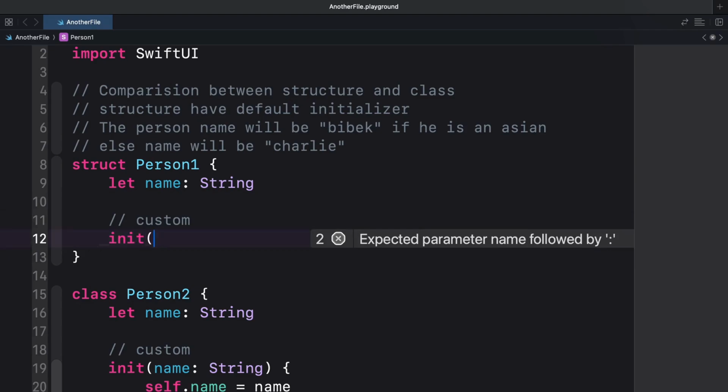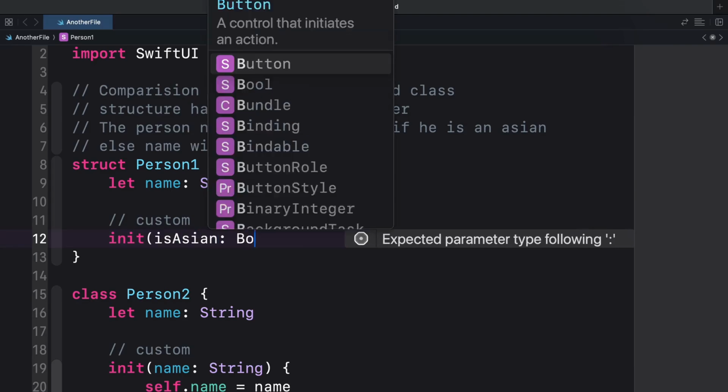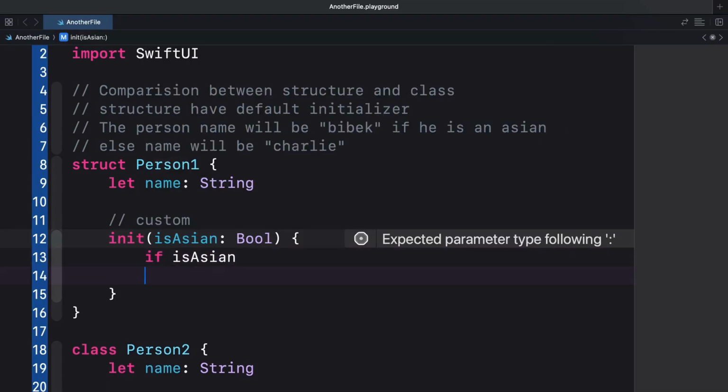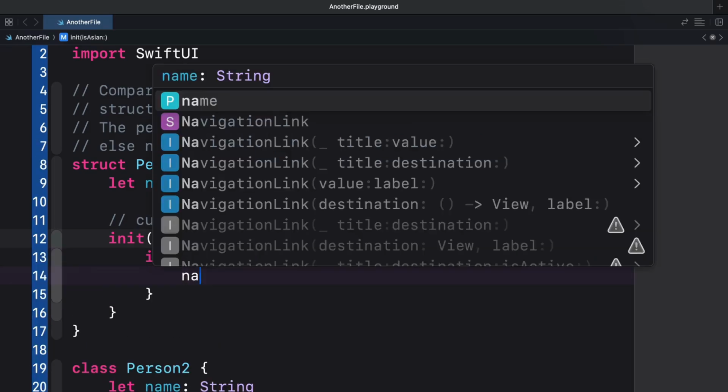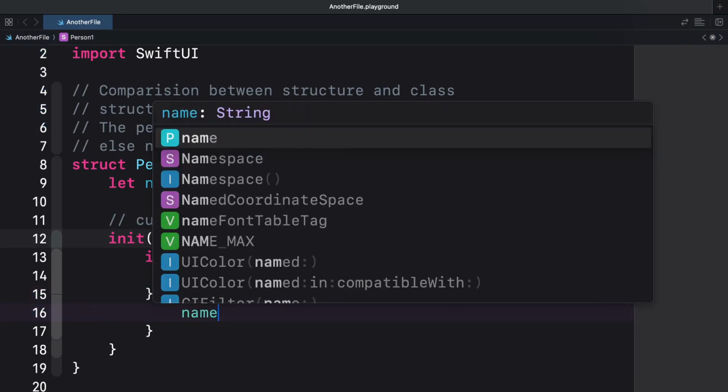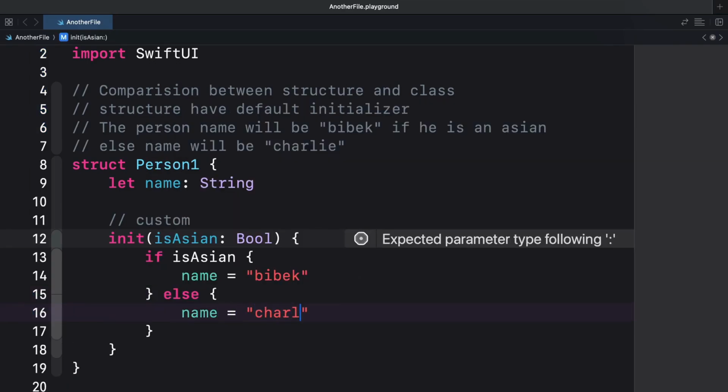For that, let me pass an argument called isAsian. It's a boolean property, and if isAsian, then I know that name would be Vivek, otherwise name would be Charlie.